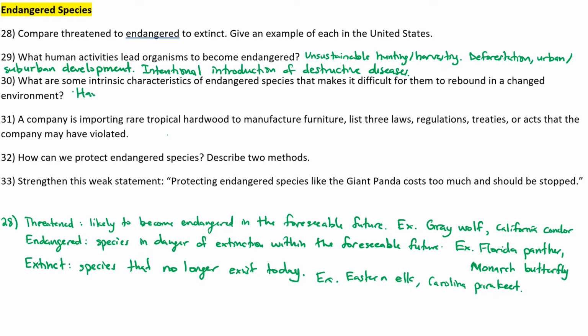Number 30. So, having specialized feeding requirements and having specialized mating would be two intrinsic characteristics of endangered species that makes it difficult for them to rebound in a changed environment. So number 31, three laws that would be broken would be CITES,